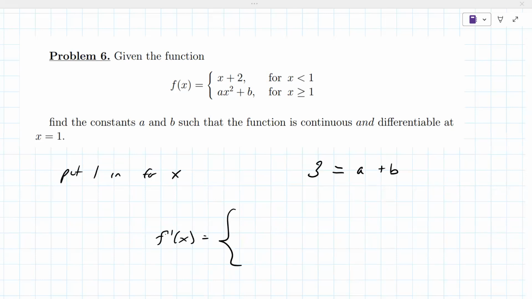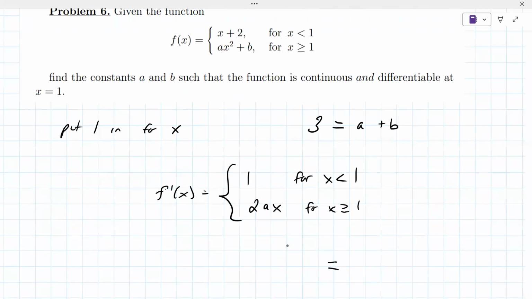1 and then 2ax. Okay, that's it. Now do the same thing. Put 1 in for x. So for the first one, it's just 1, and then 2a. Okay, solve that for a. Put that back in. Determine the values of